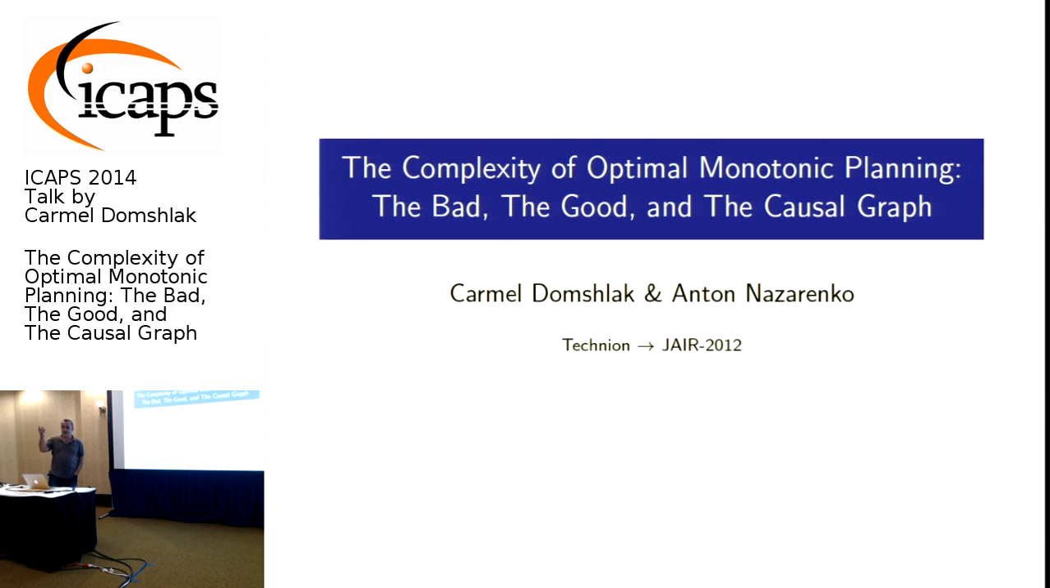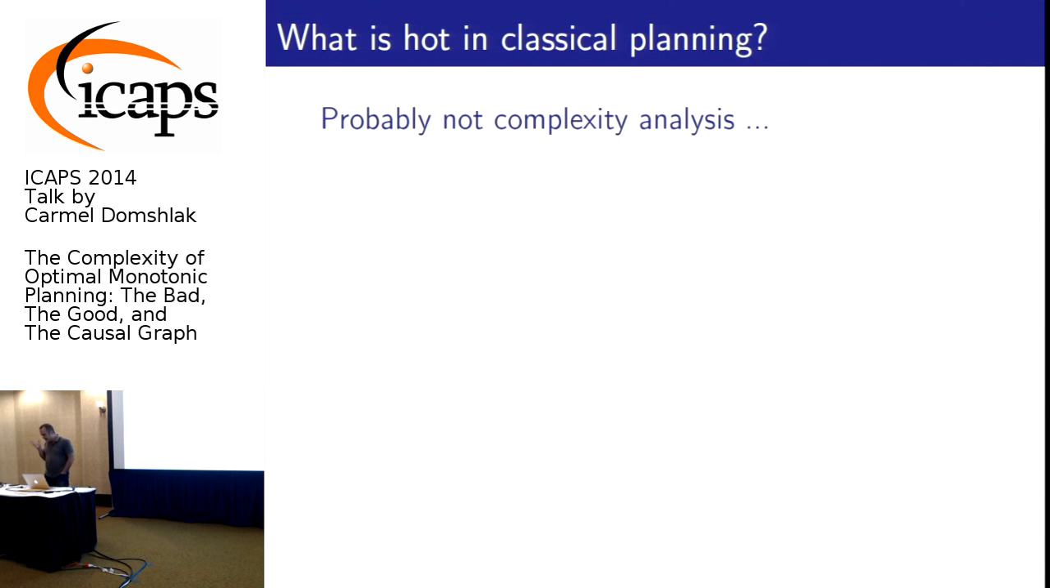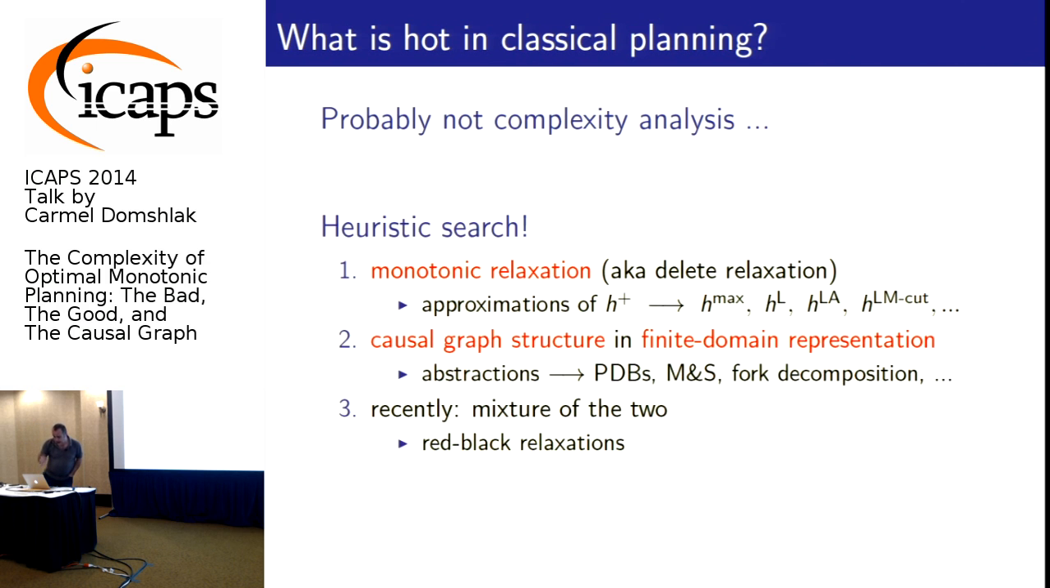This is the journal track paper. It was published in JAIR 2 years ago, well, a year and a half ago. And so what is hot in classical planning these days? Probably not that. But definitely heuristic search, okay? And if you look at the